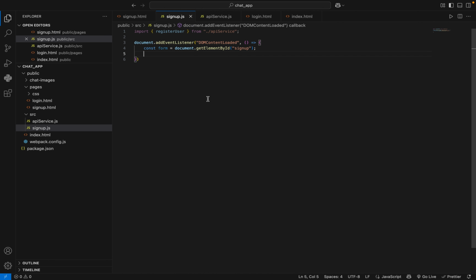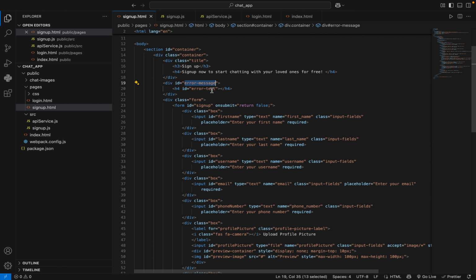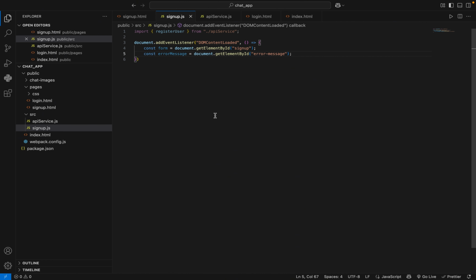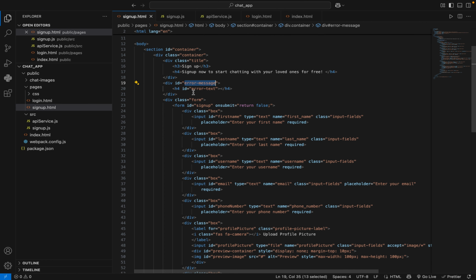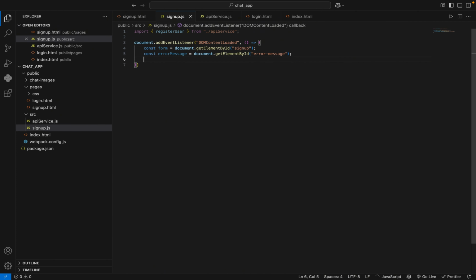So we are going to say const errorMessage. Okay, there's an auto completion here. document.getElementById. So we'll pass in the error message ID. I think that's the correct ID. Error, yeah, that's the correct ID. So now the next one we need is the error text. Look, there's an error text here. Okay, so it also has an ID. So we can come here and say const errorText will be equals to document.getElementById